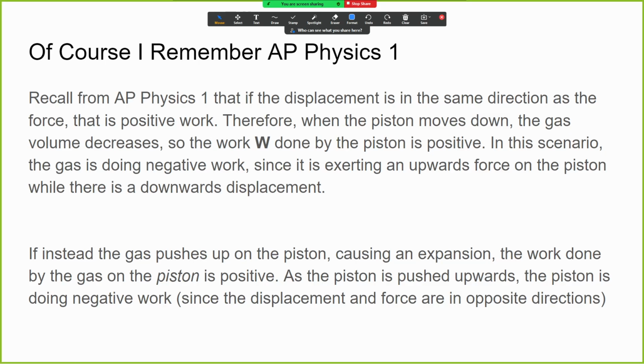So if instead we had a gas that was pushing up on the piston that was causing expansion instead, the work that is done by the gas on the piston is positive, and therefore as the piston is pushed upward, the piston is doing negative work since displacement and force are in opposite directions. So that's another way to think about the negative sign. Remember the Flipping Physics guy who moved the book up and down, and depending on which direction the force and displacement were, that's how you knew if it was positive or negative work. So that's another way of thinking about this. It's basically what I'm saying, but with a lot more words as far as force exerted on versus by the piston. But just to put it out here in words and something that you might remember